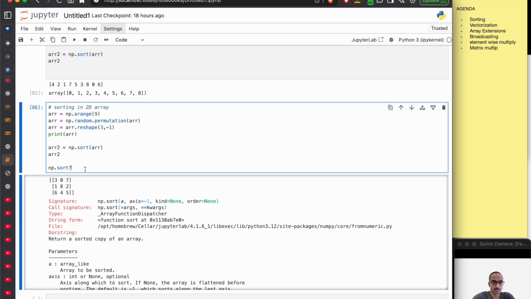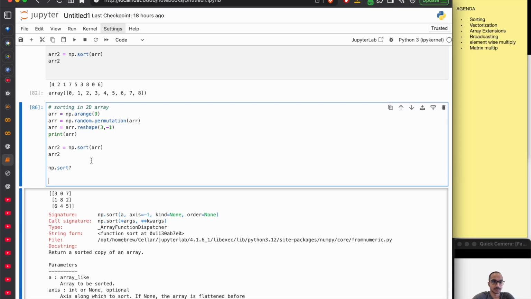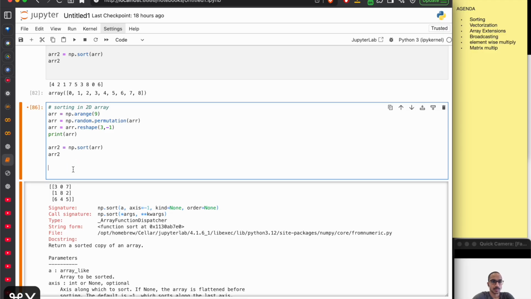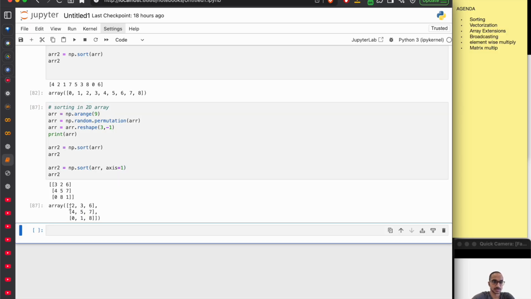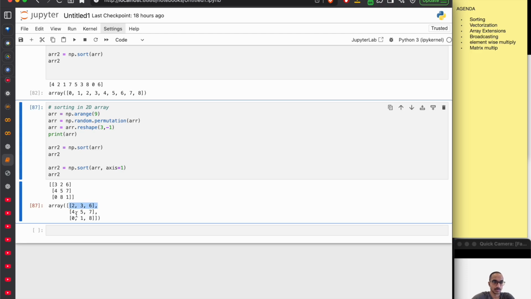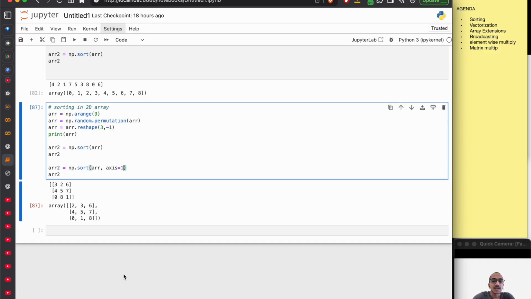If we specify the axis, suppose array2 is np.sort of the array, and we pass the axis as 1, and then we print array2, you see the result remains the same. It is sorting the elements horizontally. If we pass the axis as 0,